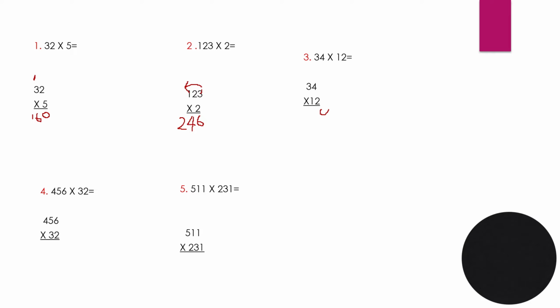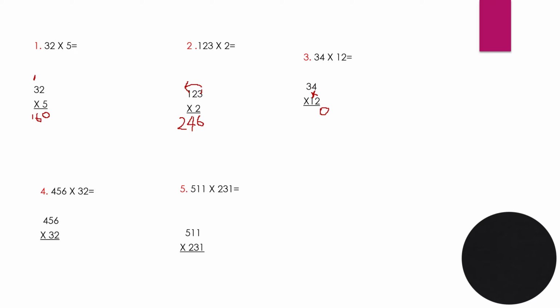Why? Going to add a 0 to the ones place, over this side to the 2's place. So we're not going to work with the 2. We're going to work with the 1. Right? So we're going to times the 1